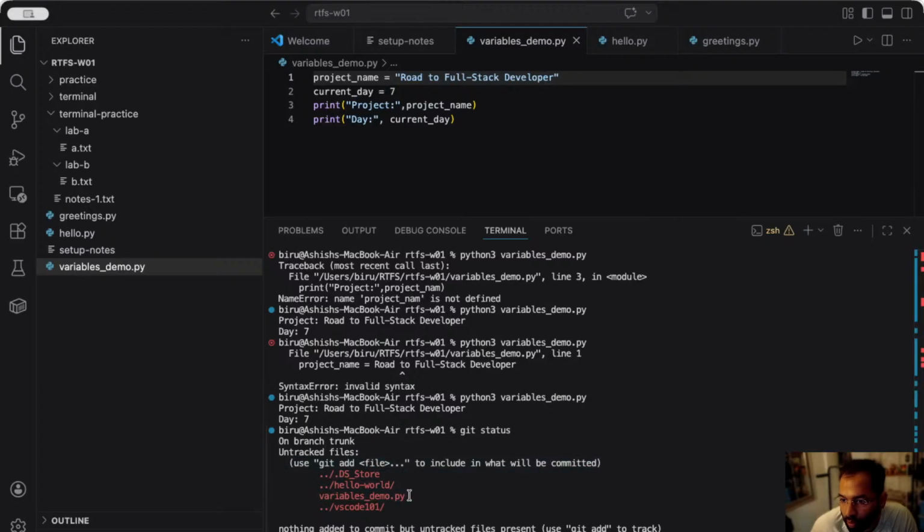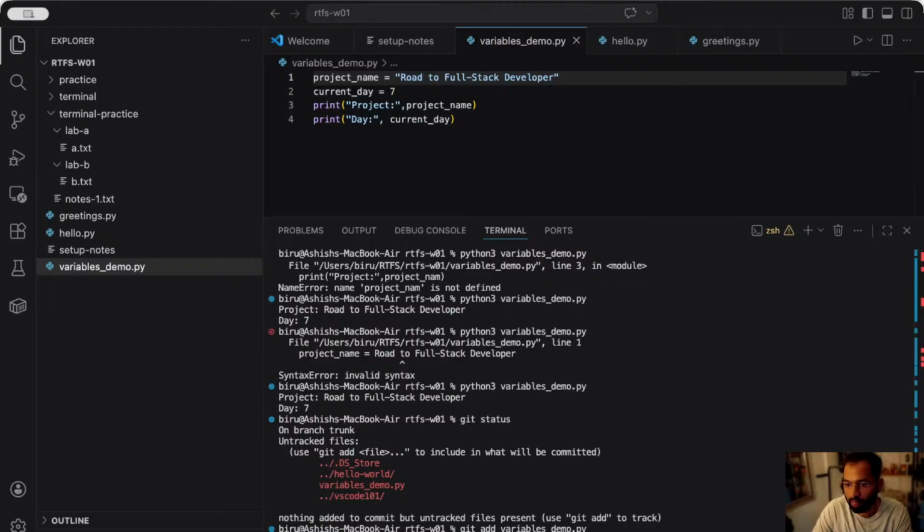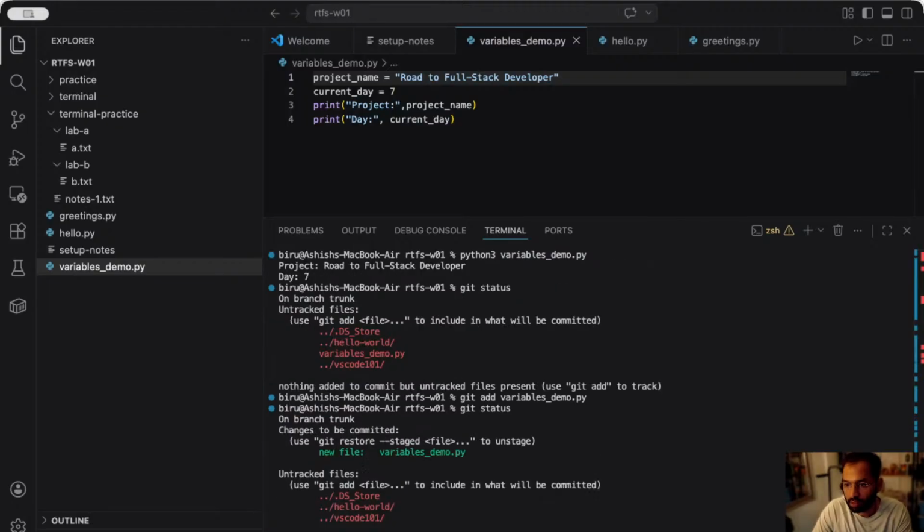Variables demo py. This file is not added, so I add variables demo.py. Git status: new file needs to be committed. If I add